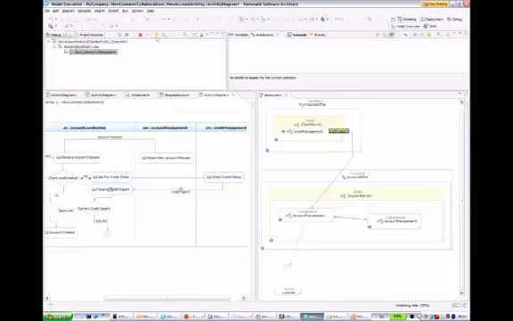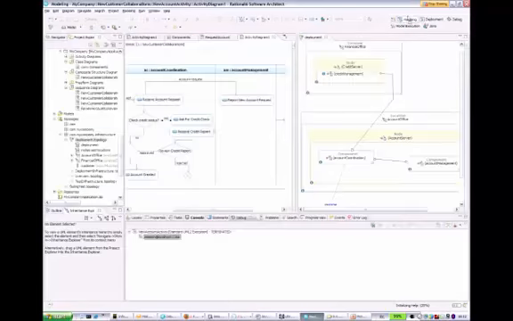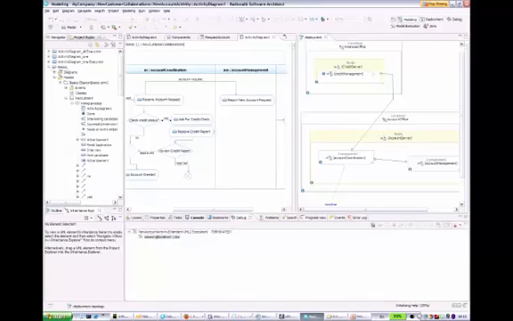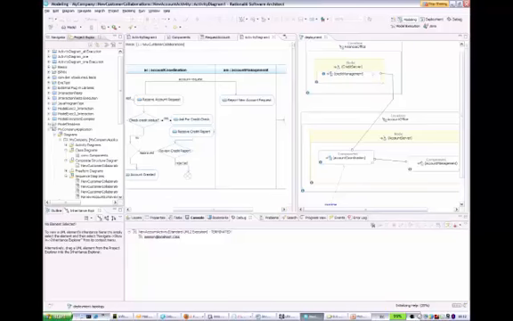Yes, that's a good question. If I terminate this, I can show you briefly how it works. Basically, we are generating Java code. We're translating the UML behavior into Java code and using a Java runtime library, which implements the UML semantics for the different kinds of behaviors. So by default, these Java projects are filtered out from the Project Explorer, but you can turn them on if you go to the Customize view. And in the filters, there is this UML2 model execution implementation project. So if you turn that on,